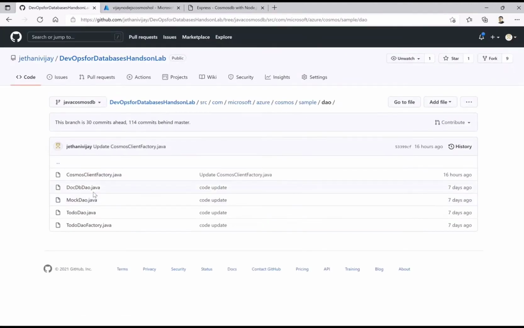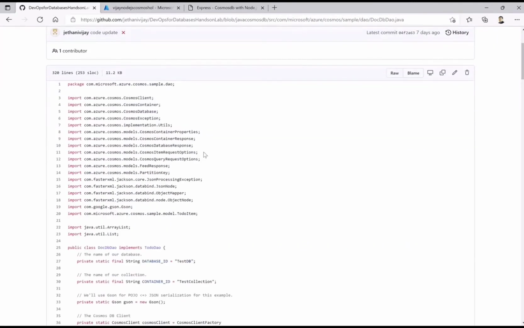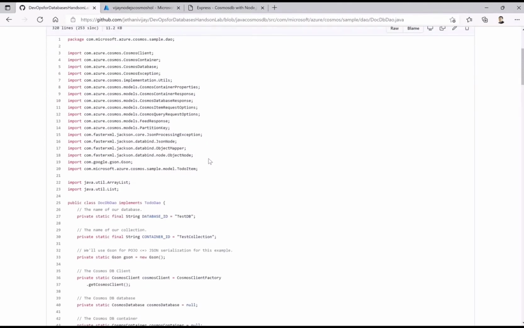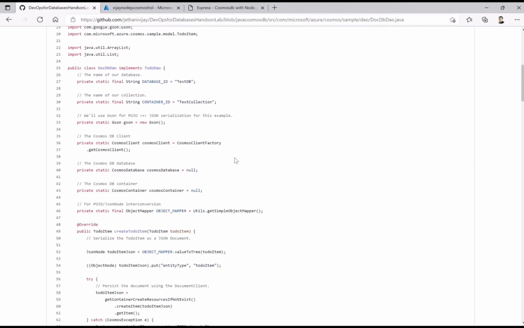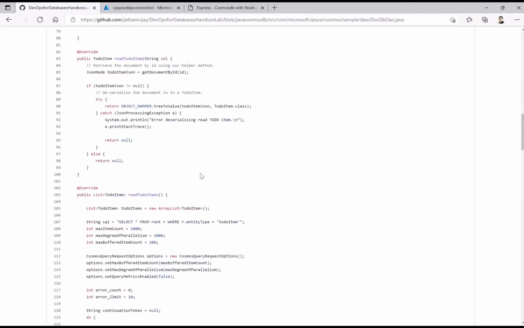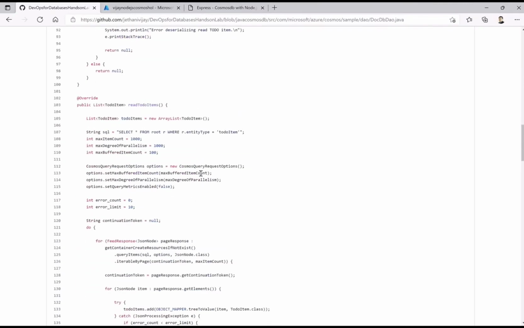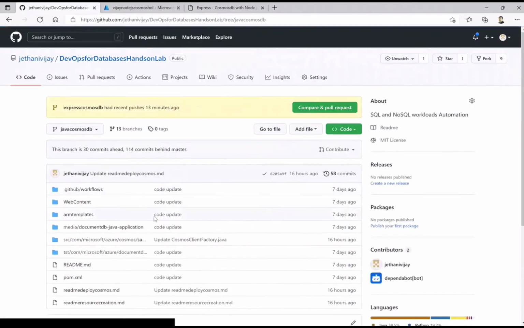The rest of the Java files are the work we are doing for updating the task. Okay, so while you go through each of them, you will see that we are importing the respective packages and the classes, if you are well versed with Java, and we are connecting to the database and the collection we have seen in that particular file before. Okay, and this is a Cosmos client, and there are n number of things to look at in how we are updating the database using code. Okay, and with the help of the workflow, we will automate all these implementations step by step.